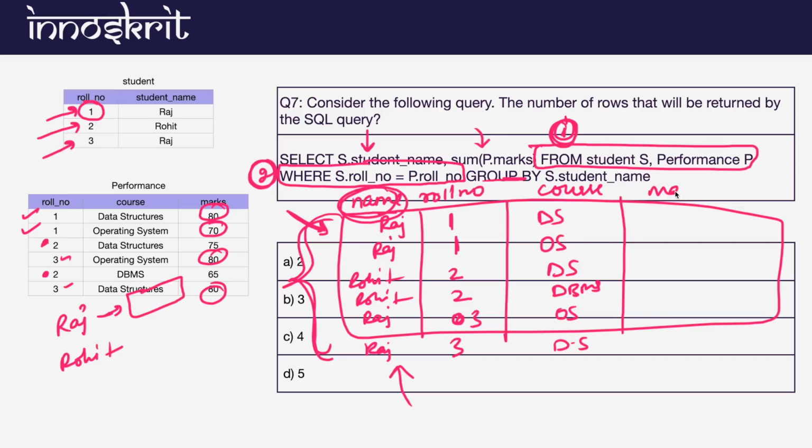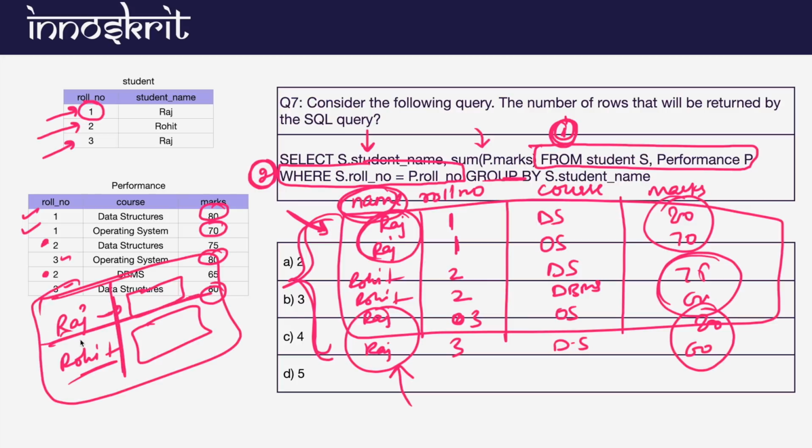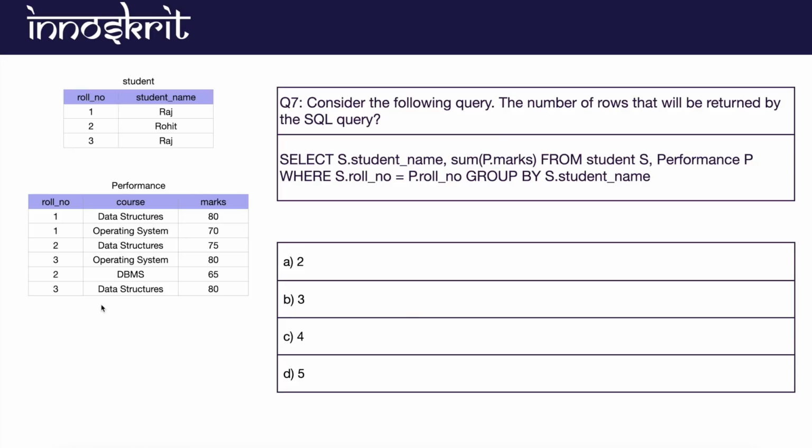You can maintain one more column which is of marks, and you can store the numbers here like this. So 75, then 65, and then 80, and then 60, like this. So first of all, you may fetch all those marks which are of Raj. You will calculate the sum, and in the next particular column you will calculate the Rohit and the sum corresponding to the Rohit. Fine. And so finally you will get these two rows in your result, Raj and Rohit. So I think this is asking you the number of rows. So the answer according to this question is going to be option number 2. Answer is 2, option A, right?